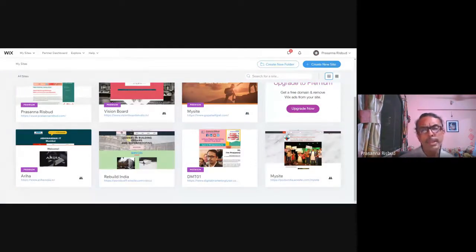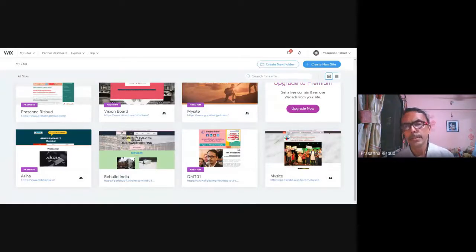You don't have to worry about anything technical. Even uploading the site, it's very easy. You just simply have to click on that publish button, which appears when you edit the website. Just click on the publish button and it's done. You don't have to use any file transfer protocol or any other software or any other technical thing which is required. Nothing. It's very simple, even for a layman to understand and create and upload your website.